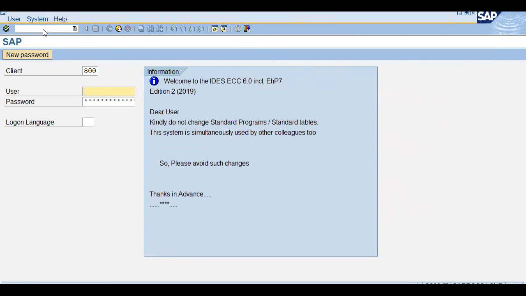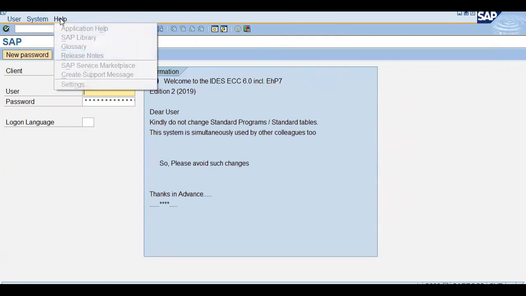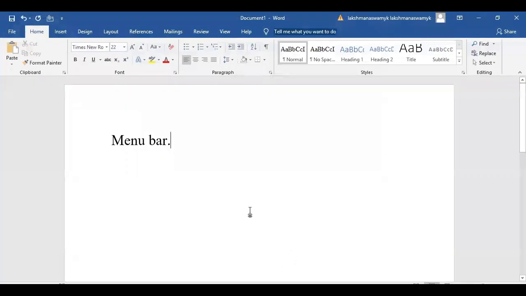In every screen, the system menu and help menu will be there. These two menus are called common menus. Then every menu contains further submenus. That means if you click on the user menu, these are the submenus in the user menu, and these are the submenus in the system menu, and these are the further submenus in the help menu. Like that, in every screen, the system and help menu will be there. Next, continue. The second line